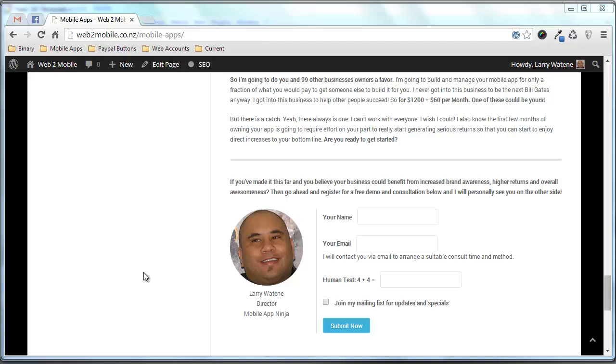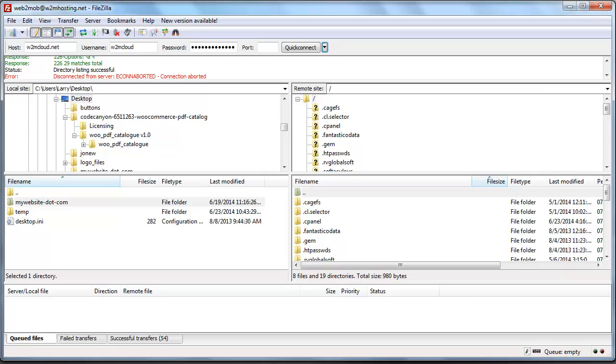The first thing you're going to need is a couple of pieces of software. You're going to need a file transfer software. What this does is it gives you the ability to move files from one computer, normally your own computer, to another computer, which is normally your web host computer where your web files are going to be stored. And if you look at how this is set up quickly before I show you the next program, you'll see on the left hand side I have my computer, and on the right hand side I have one of my web hosting accounts open with all the files inside that web hosting account.